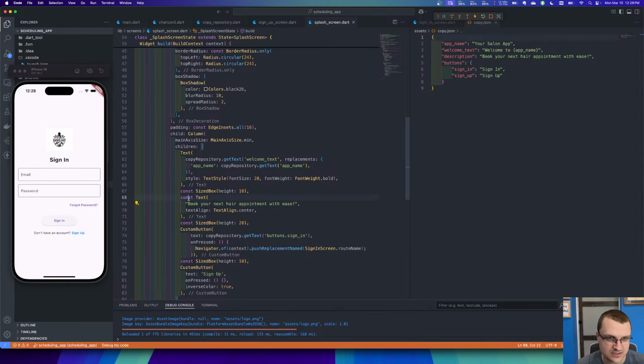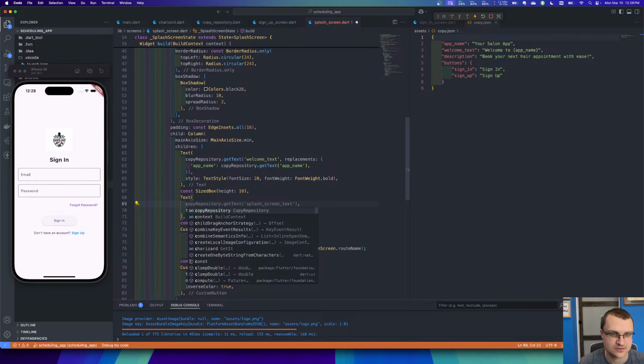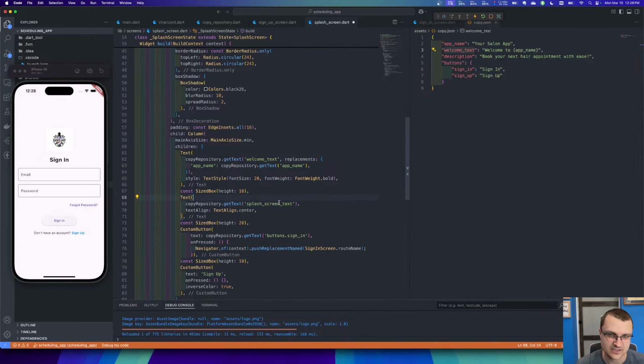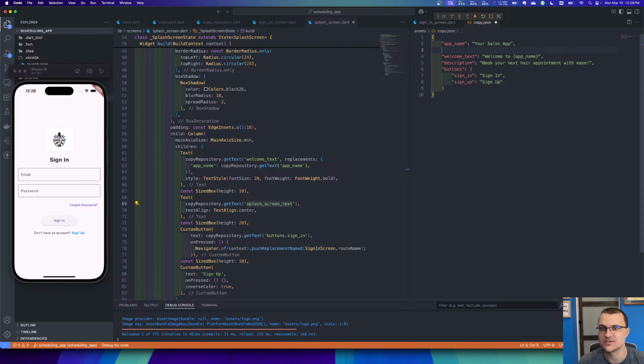So this is going to be not a constant. This is going to be copy repository. And it's going to be welcome text. Actually, I like splash screen text better. Oh, wait. No. Interesting. Okay, we need to think about, okay, so welcome text. Okay, so we have app name. Okay, let's do this. So let's do splash screen. Okay, and now we've got, so now we can move